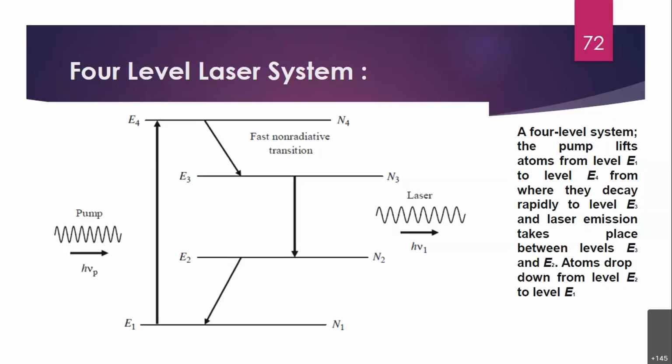E3 is large compared to E2, and E1 is having the smallest energy level possible. Okay, and the same way N1, N2, N3. But if you look carefully again, the sum of all these four, N1 plus N2 plus N3 plus N4, is going to be a constant again, because when you talk about a system, the total number of particles is always constant in a system.